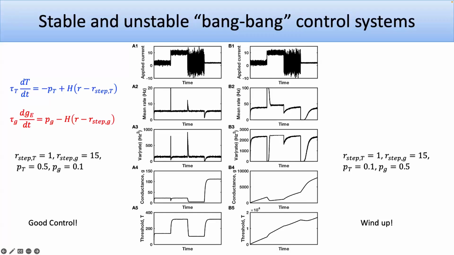But if you switch that and you say, oh, we've got a system that says 10% of the time the rate should be above 1 hertz, but 50% of the time above 15, well, of course, that's impossible. So that's kind of the same case as trying to ask for a negative variance. There's no way you can satisfy both controllers then. And you get the wind up again. So we cannot then understand, in these kind of simple cases.